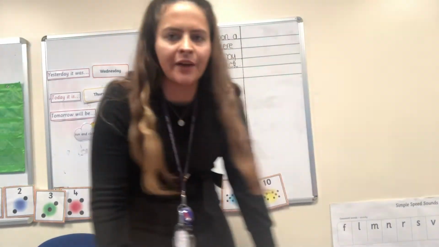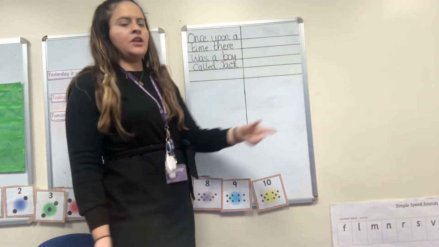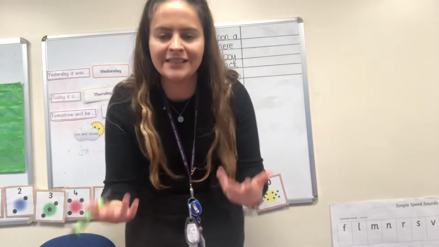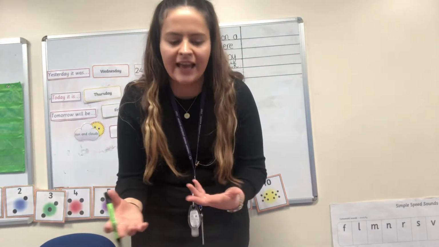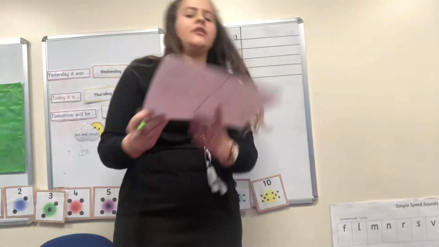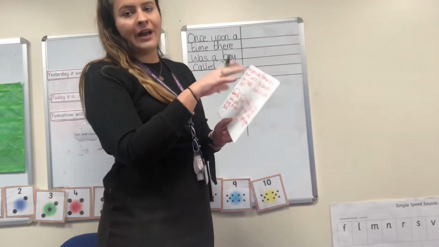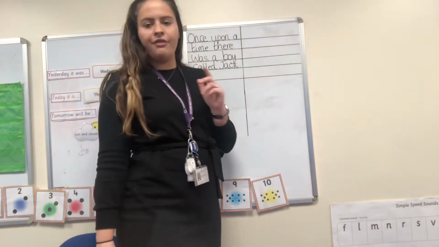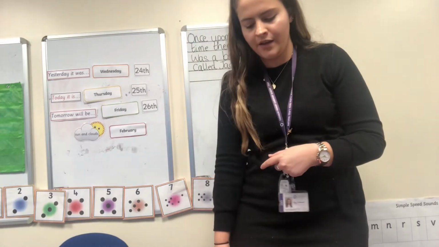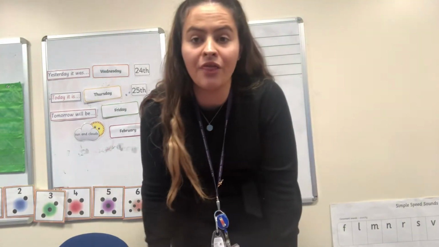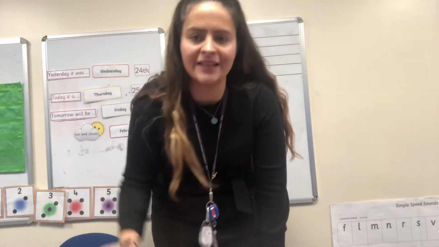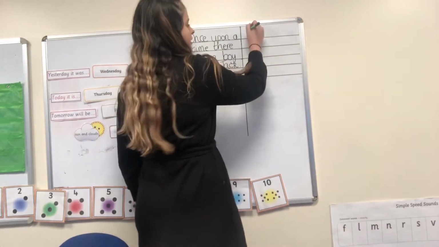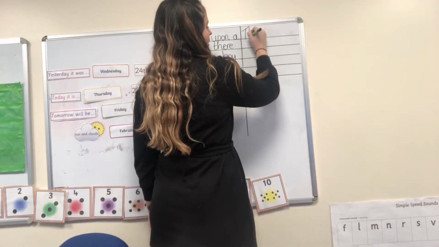Right, now we're going to do our second box, okay? So this is the beginning of the story, and our second box is what happens next, okay? So what happens next? So let's have a little look. I've got my plan here of what I wanted to write, okay? So you might want to write some ideas down before. So I'm going to write, then he went up the beanstalk. Or you could put, then he went up a big beanstalk. So then is one of our next story words. Then, so capital for the start of our sentence. Then,